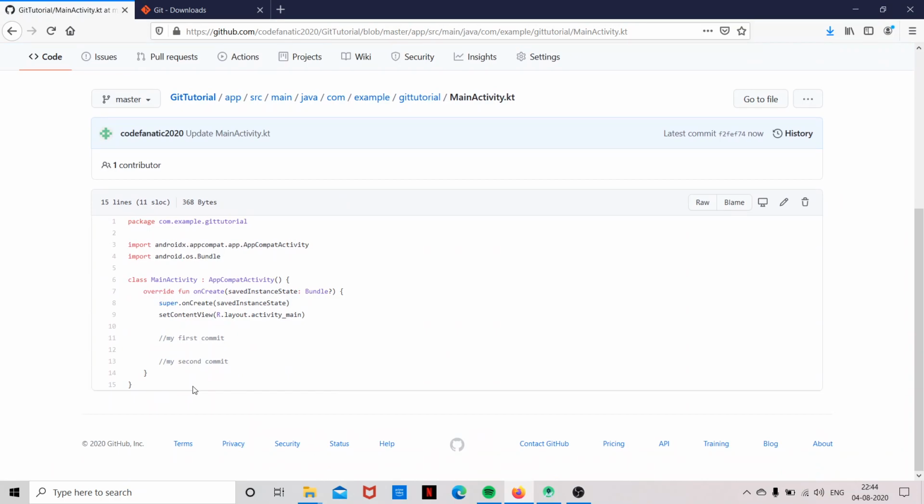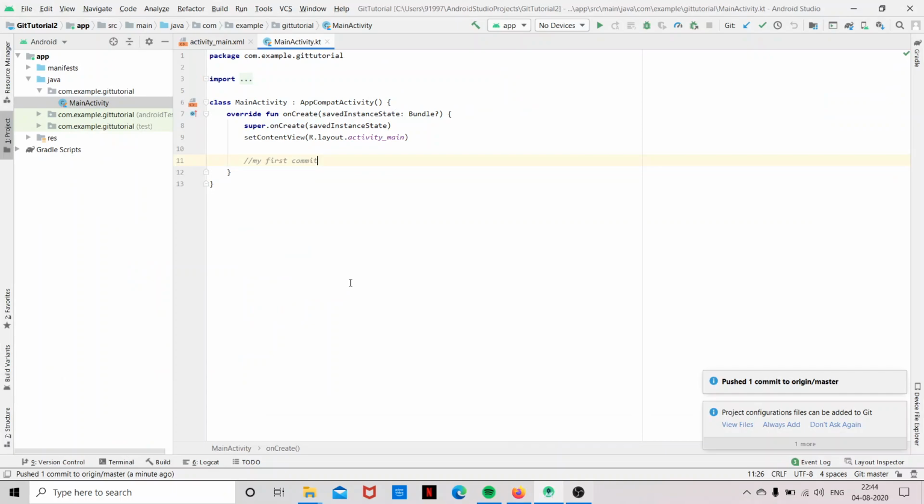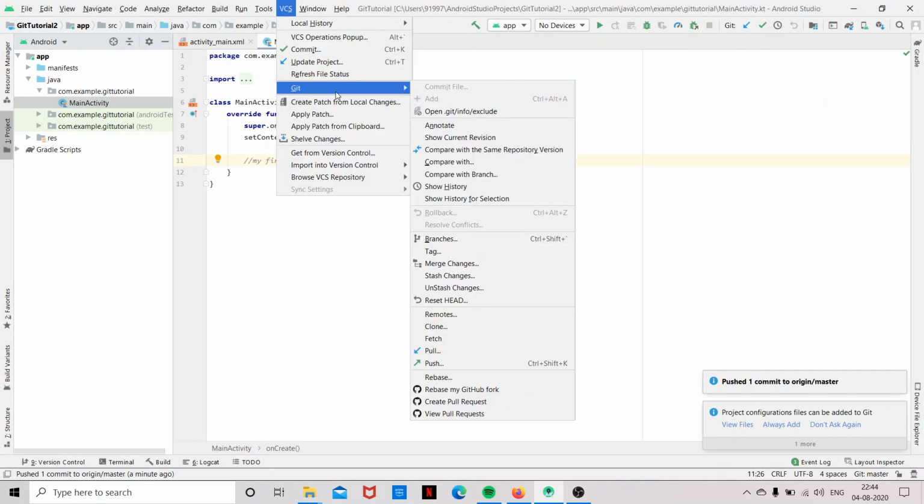So now my changes have been committed. I want this line to appear in my local repository. So to do that, you have to do a pull.